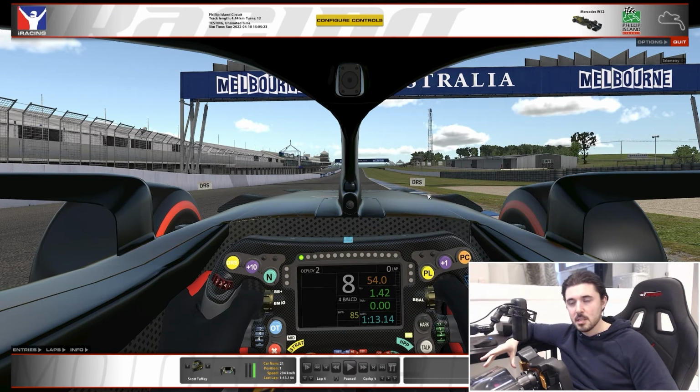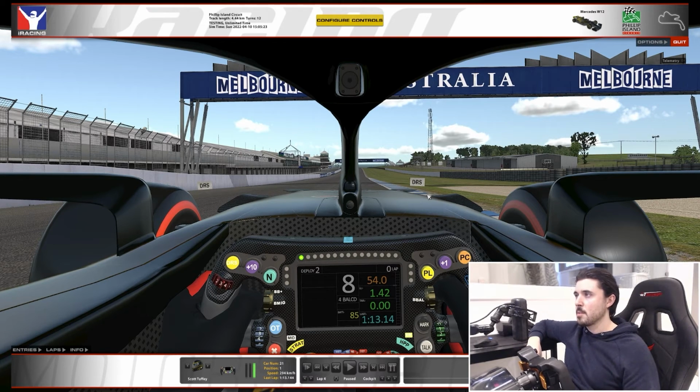within that 1 second, the DRS is very powerful around here, and I think you will easily be able to overtake someone if they're a second ahead of you, or I would say from 0.8 seconds. If you're within 0.8 seconds, you will be able to get past them, because DRS is very powerful around here. With the slipstream, it is full throttle from the last corner all the way round to the second corner, in fact. But we have to be careful with our DRS deployment here, and as we play this forward,